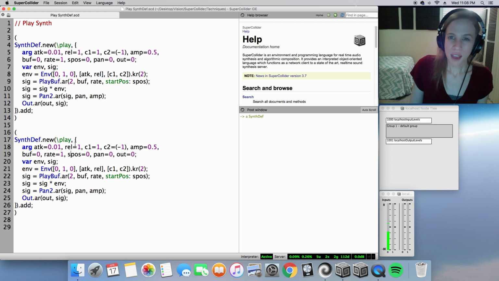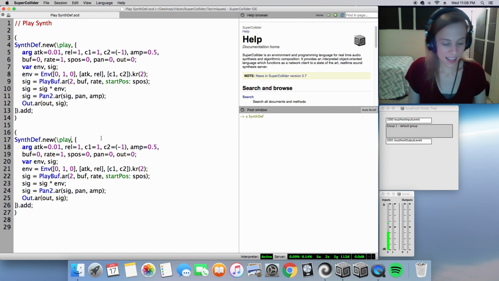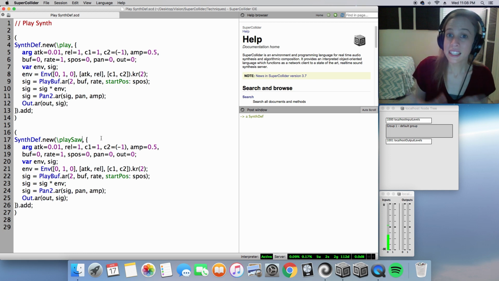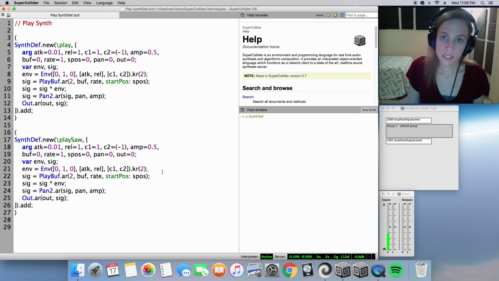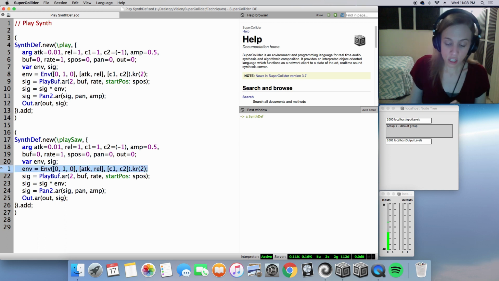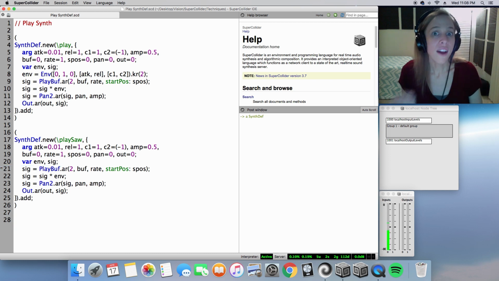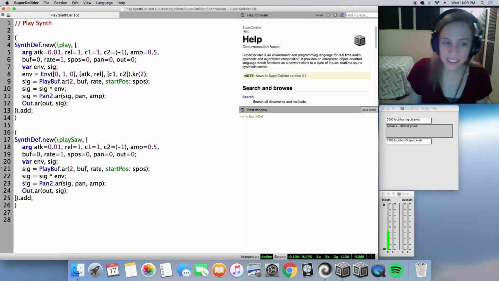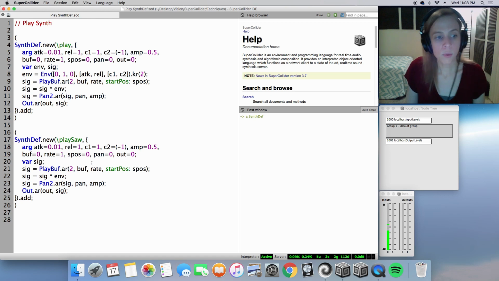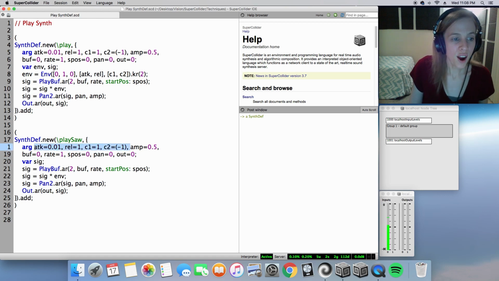And we have another SynthDef. I'm going to go ahead and clarify it, calling it play saw for our Sawtooth Oscillator. Now, the key difference between the two synths is that for our sound synthesis, we will not be needing an envelope argument or this envelope line. And that is because we want our sound file to go all the way through in its entire length. So by getting rid of this variable here, we will also get rid of our arguments for that original variable